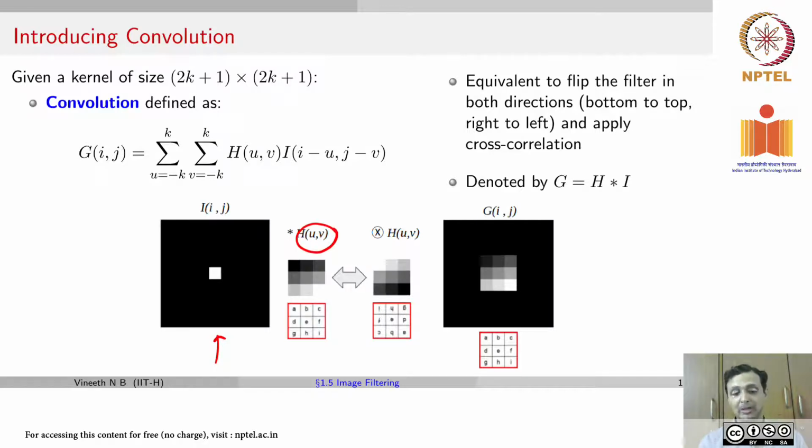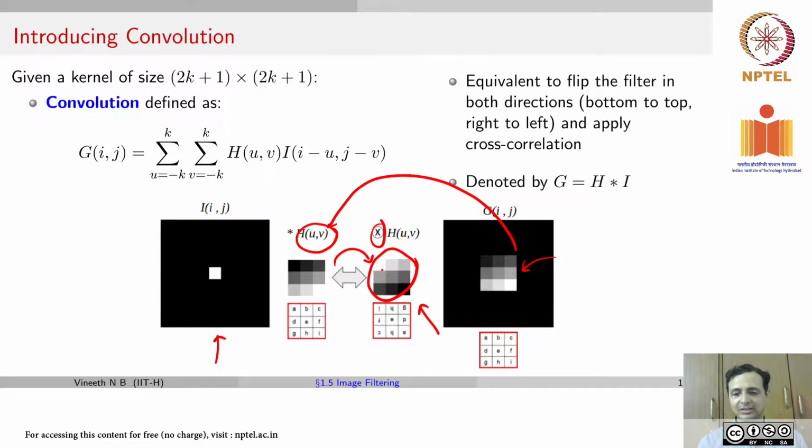You're going to double flip it now, which means your double flipping is going to result in this filter on the right. Now you perform a cross correlation with this double flipped filter, and you'll end up getting this as the output. The output now is the same as the filter that we gave as input to the operation. Why do we really need to do this? We'll answer in a moment. One reason, as we said, is we wanted some kind of an identity function, but we'll come back in a moment.